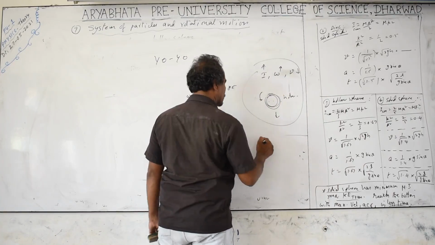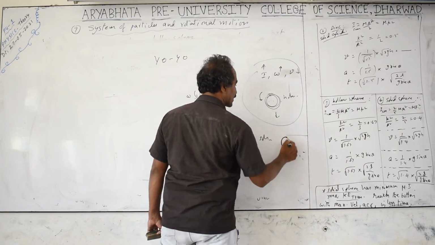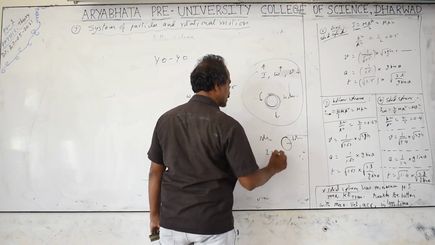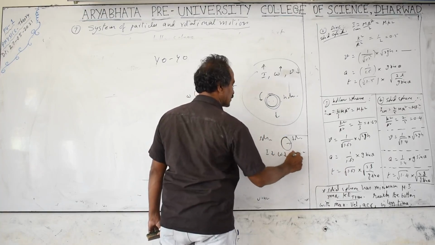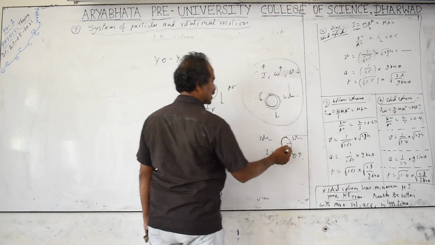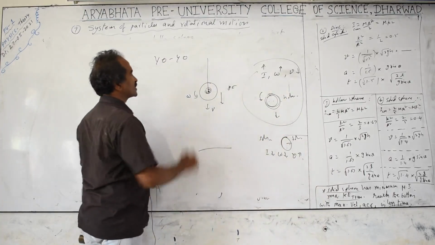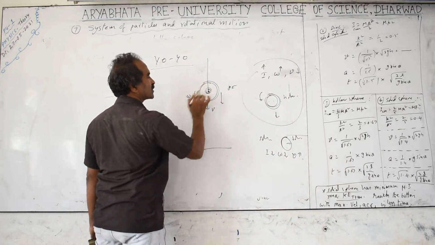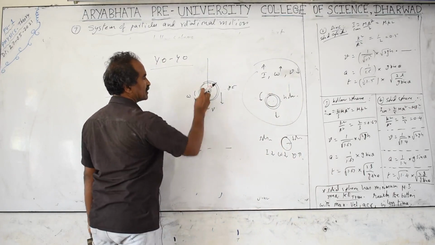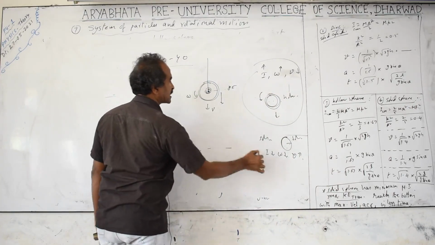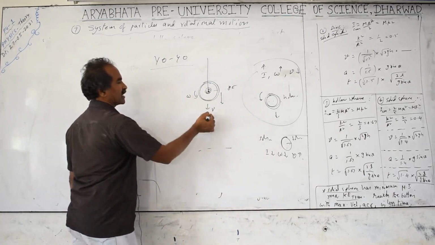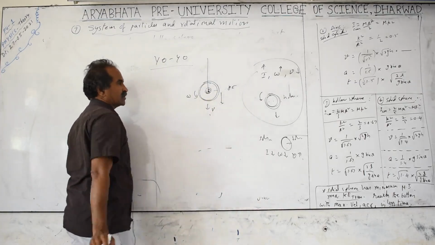If you take the solid objects, mass is everywhere. In that case, for solid cases, moment of inertia is lesser and angular velocity also lesser, linear velocity is more. For these objects, linear velocity is more. For this yo-yo, different types of yo-yos will be there. Some yo-yos have mass only at the end point, some yo-yos are solid. Depending on that, mass distributed everywhere means I is less. Mass only at the end points means I is more. So depending on that, V can be more or less for these yo-yos.